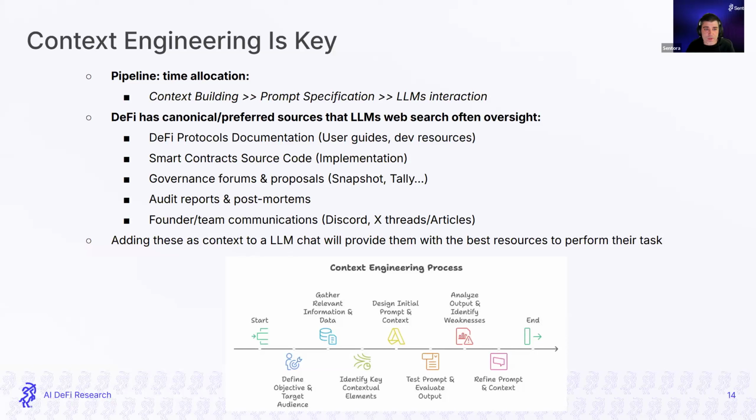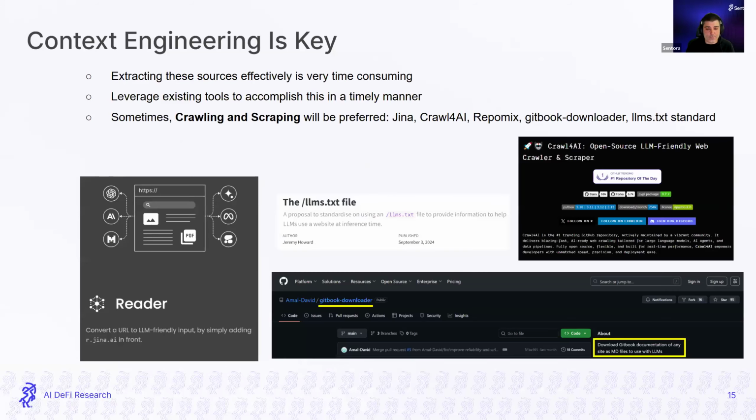So the idea is to spend a good chunk of time before asking the LLM building that context. The problem with getting that context ready is that it's extremely time consuming, right? The most practical example is if we want to extract all the documentation of a protocol. Usually this has been done by hand, just going to a GitBook, copying each page, pasting it into a new document, and assembling a kind of external documentation document that we can feed into the LLM. So nowadays, we don't need to do that anymore.